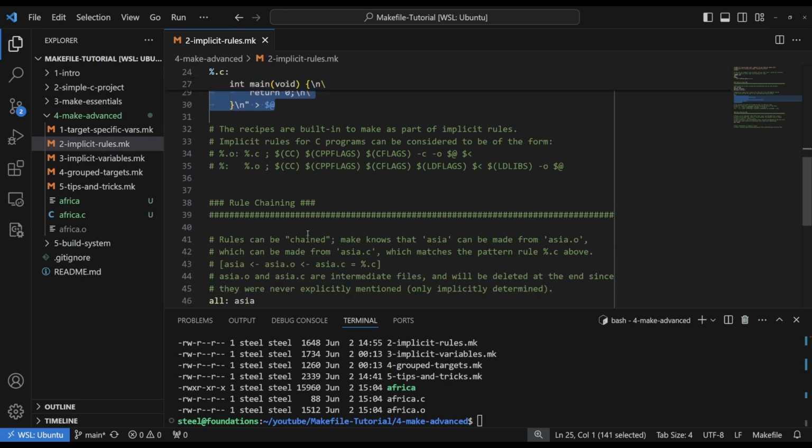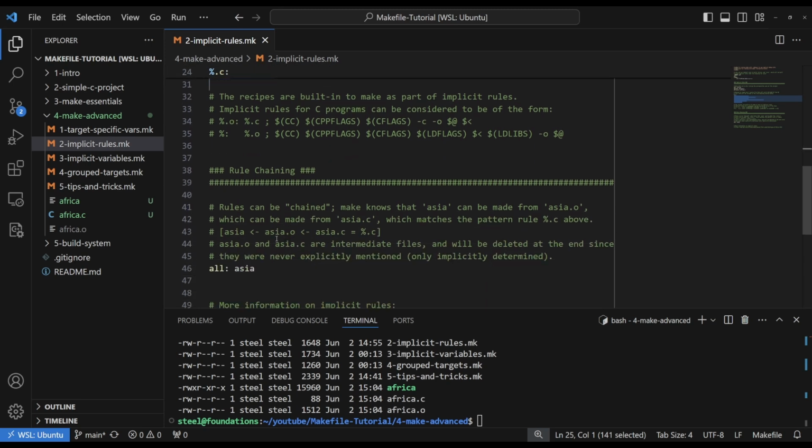And so it builds a chain of relationships, a chain of dependencies that says to build Asia, I can build asia.o, which needs asia.c, which I have a rule for. And so it accepts this as one possibility. And if you have your own relationships, if you have your own rules for these, it's going to prefer your own rules. But if you don't have anything explicitly mentioned, it's going to follow this implicit rule chain, and it's going to build them using those rules. So we can build that,